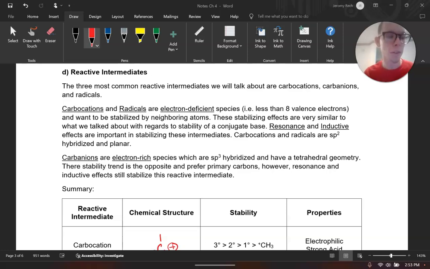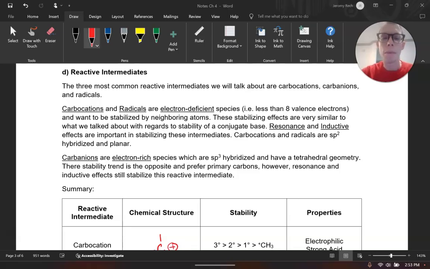So chapter 4 is going to focus a lot on starting to do reactions. And the very first set of reactions we're going to do are going to be bromination reactions. And before we dive into bromination reactions, I want to take a second to talk about the three main types